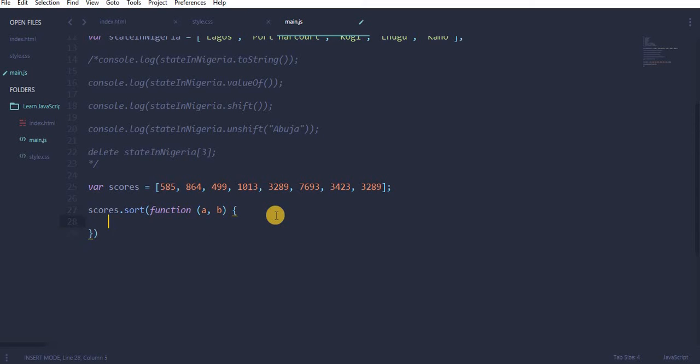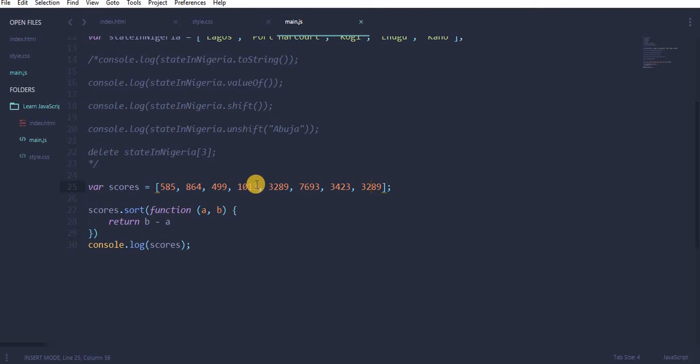Okay, and here we'll just do return b minus a, and here we can come down and now say console.log scores. So you see that we have manipulated the built-in sort method to display this from the higher number down